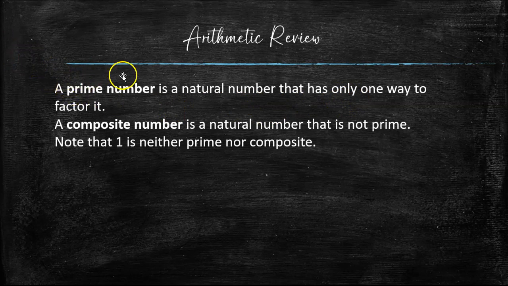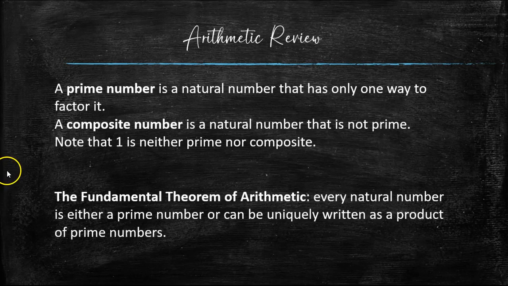A composite number is a natural number that is not prime, meaning it can be factored into a product of two prime numbers. Note that 1 is neither prime nor composite, so we don't classify that number as belonging to any of these two groups. And now the fundamental theorem of arithmetic says that every natural number is either prime or can be broken down into the product of prime numbers. And what does that mean to us